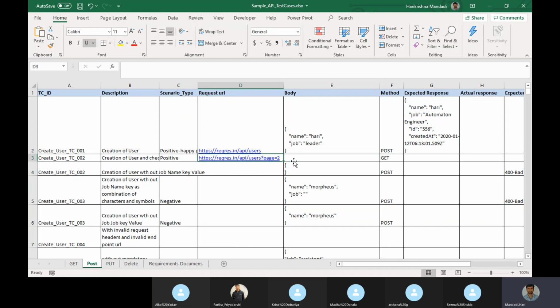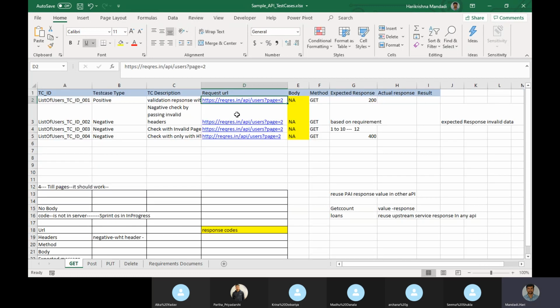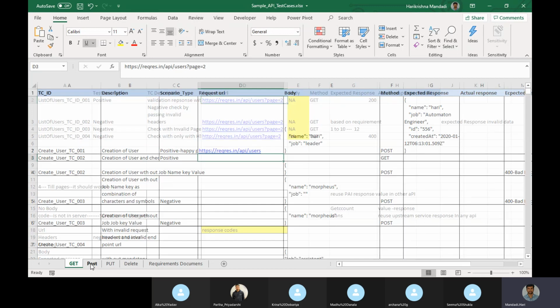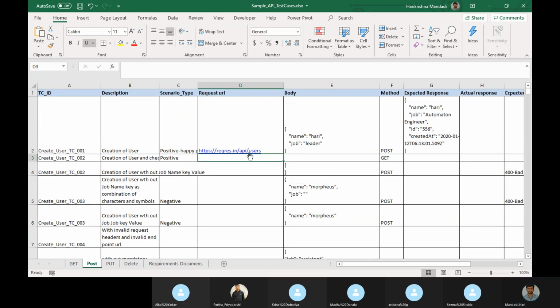So for post this one, for get this one. Till where it is common, the common is till the API, remaining is different.